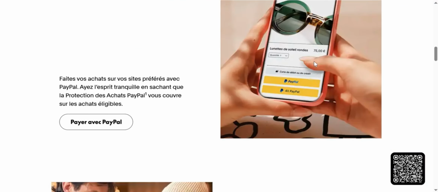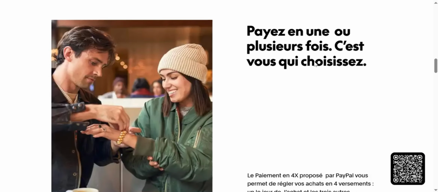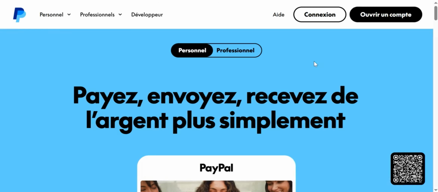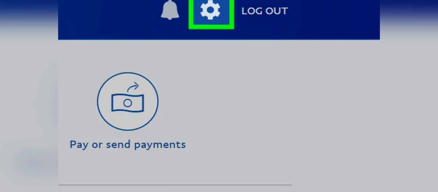In this quick tutorial, I'll show you exactly how to cancel recurring or subscription payments on PayPal using your web browser. Whether you're stopping a service or managing your auto-pay settings, this method will help you do it safely and easily. Let's get started. First, open your web browser and go to